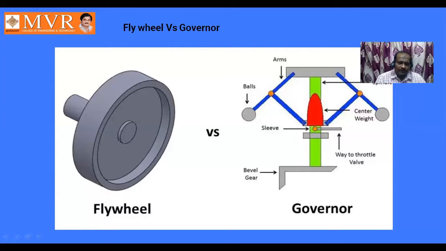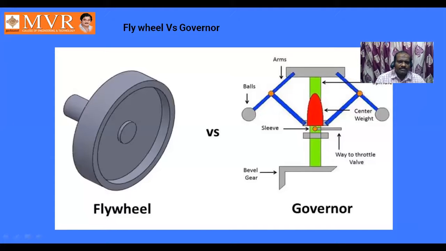At the same time, when the speed is decreased, the throttle valve is going to fall down. Due to this, once again, the fuel supply is going to increase. Like this, we are going to have the controlling of the speed done with the help of the fuel supply. That is what the governor does. From the past classes, I am saying.